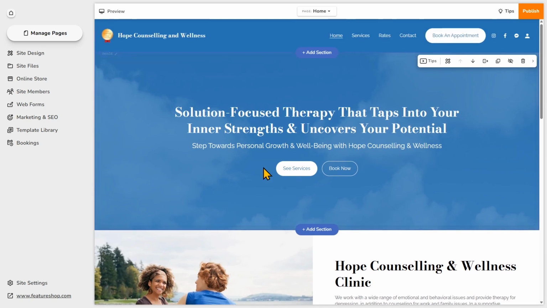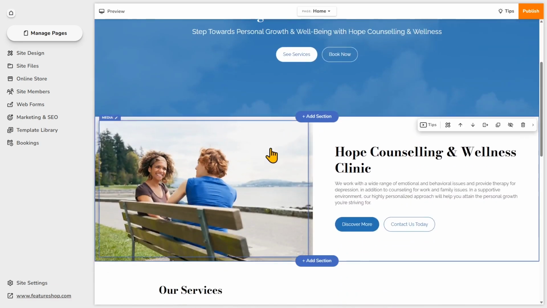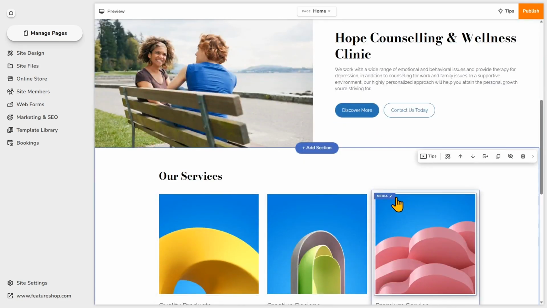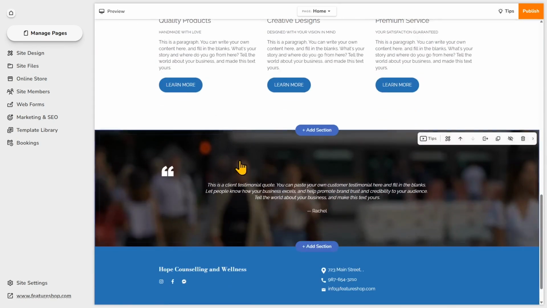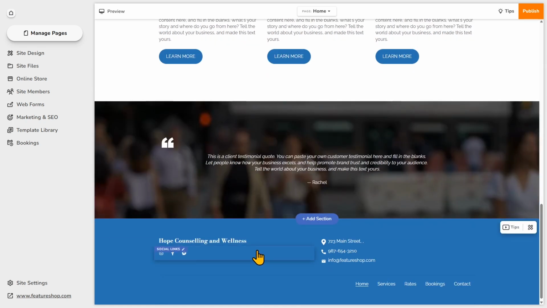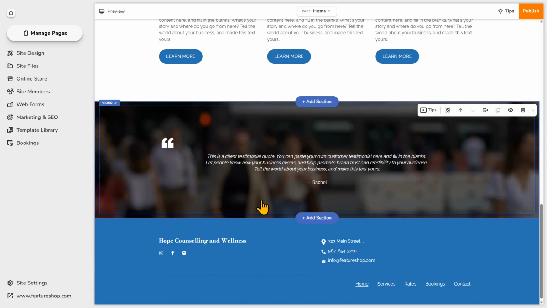So this is the template I started out with. So we have the hero section, also called the welcome section. And here we have an about section and a services section down here. So these can be interchangeable in the placement of where you want to place that. And now here we have a testimonial to build credibility for your site. And now we have the footer. So one thing we're missing is the final call to action on this homepage.